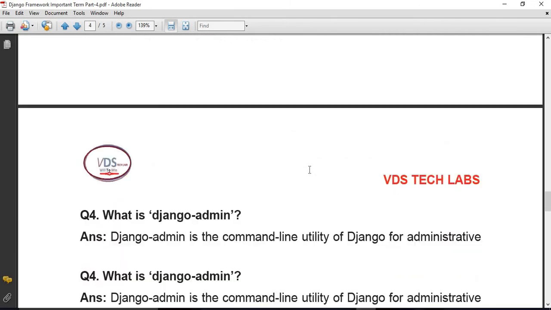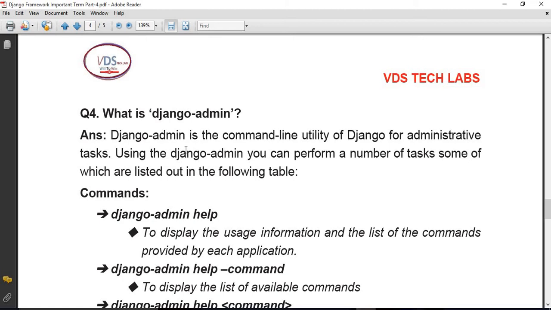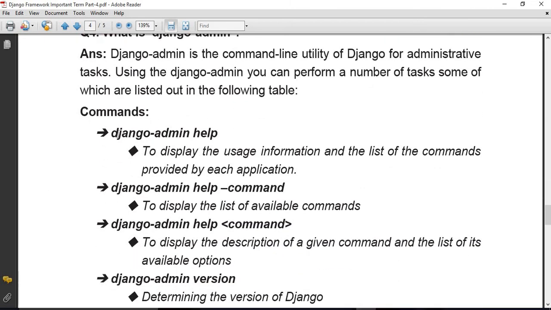Now let's come to the django-admin portion. django-admin is the command line utility of Django for administrative tasks. Using django-admin, you can perform a number of tasks, some of which are listed in the following table. I have mentioned some of the commands, like django-admin help, to display the usage information and the list of commands provided by each application.